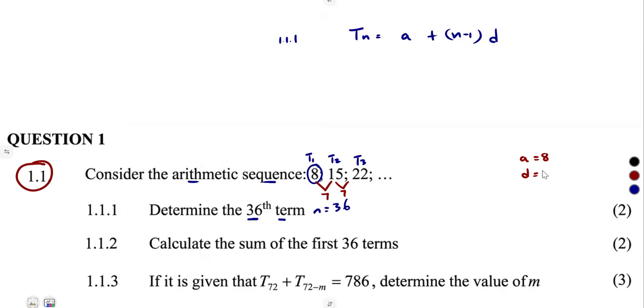So our common difference is 7. Let us substitute and find Tn first. So this is 8 representing our a plus n minus 1 times d, which is 7. So for someone,